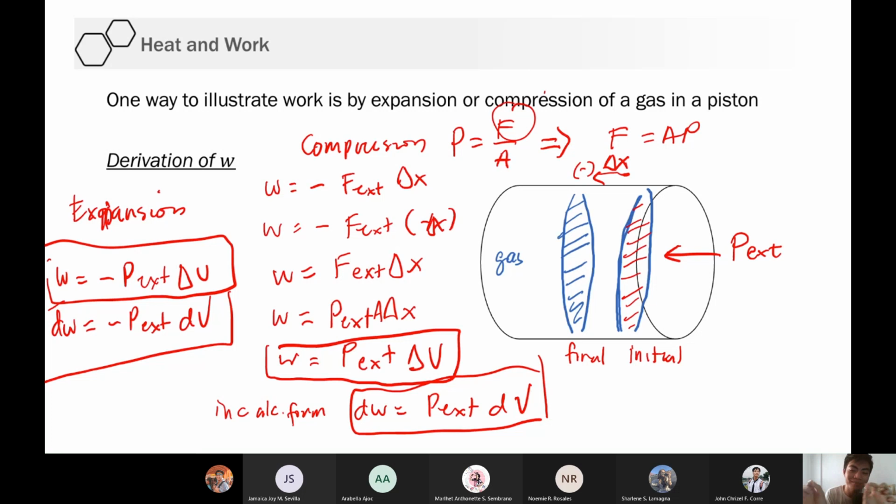Di ba? Pag nagtutulakan yung gases, they will come to a point na equal na yung pressures nila. And kung ano yung pressure ng gas sa loob, yun na yung external pressure din, no? So, kaya ginagamit natin is the P external. Okay? Or the final pressure. The final pressure ang ginagamit natin, kasi yun yung balance na lahat ng forces. Sabihin, hindi nagagalaw yung takip. Okay? So, take note of that equation, pero hindi pa tayo tapos.